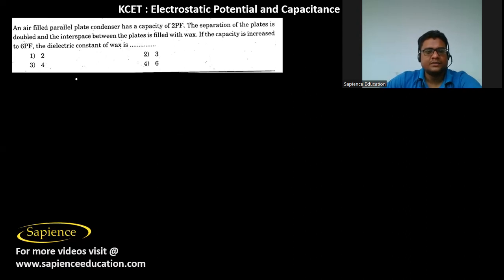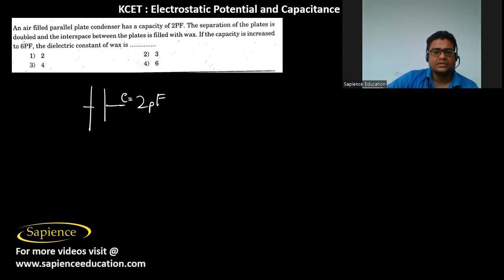Here, an air-filled parallel plate condenser has a capacity of 2 picofarad. A parallel plate condenser means a parallel plate capacitor. Its capacitance is 2 picofarad. The separation of the plates is doubled. So if the separation of the plates is d, now d will change into 2d, and the interspace in between